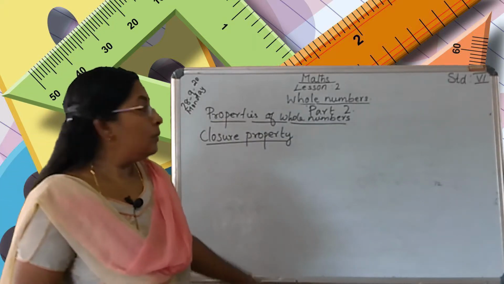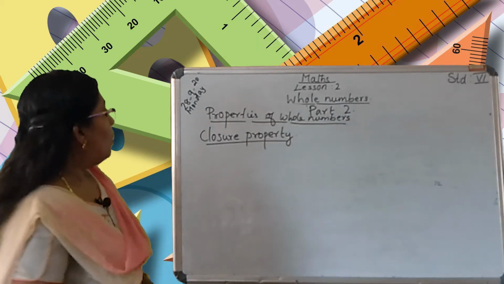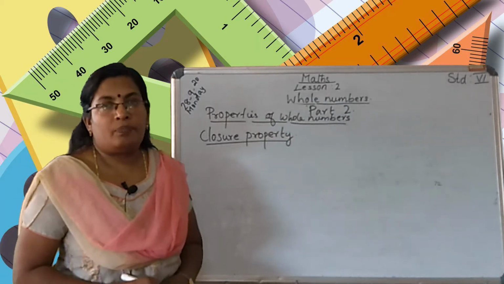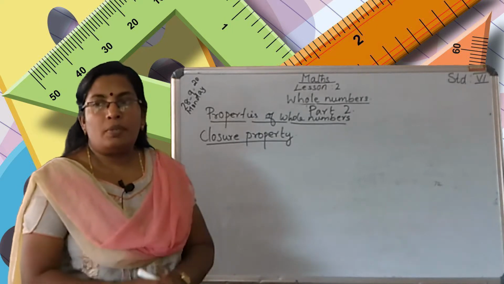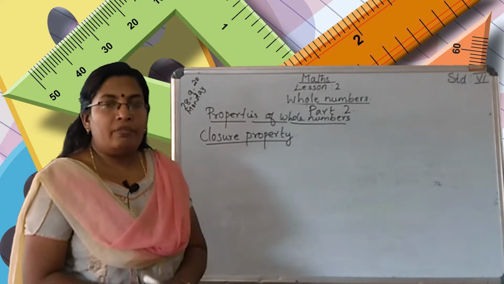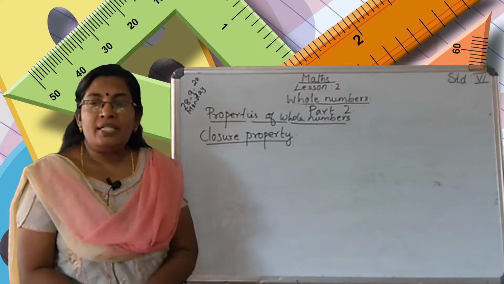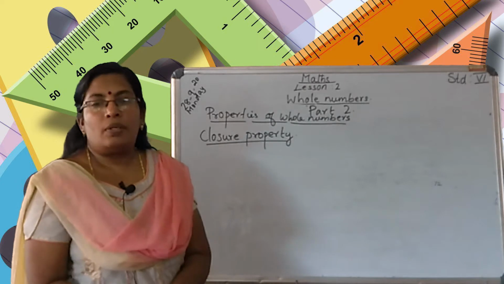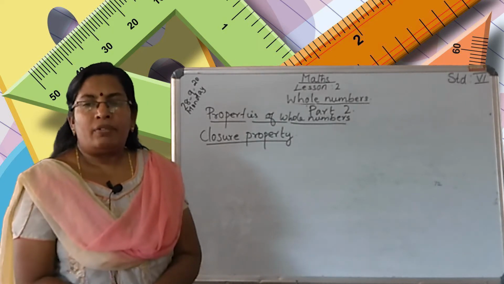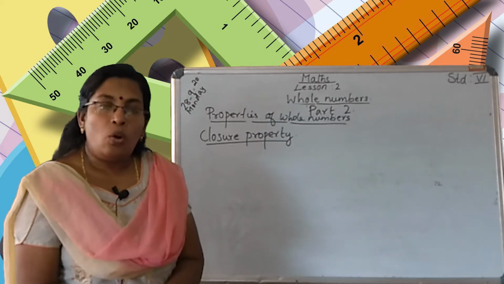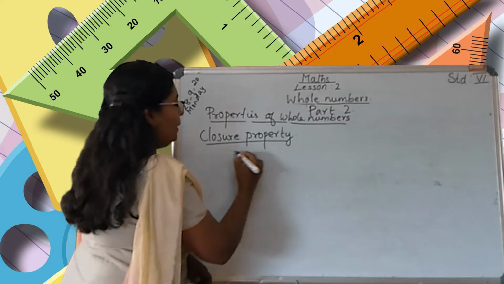Continuing, properties of whole numbers. First property is closure property. When we take any two whole numbers and add them, we will get another whole number. When we take two or more numbers and add, we will get the answer as a whole number. For example, see